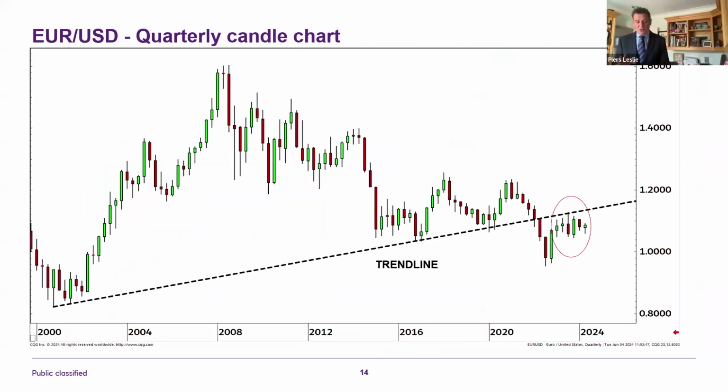Let's move on now to euro dollar. This chart here is the one I start with, which is the quarterly one. I like this chart, and I will do quarterly charts next month, but this just puts big picture perspective. We broke below that trend line, we went back up, and it's been resistance. Price has fallen off, but it hasn't really broken away and collapsed. But that's the area you need to see euro dollar above if you're a euro dollar bull and you think euro dollar is going higher.